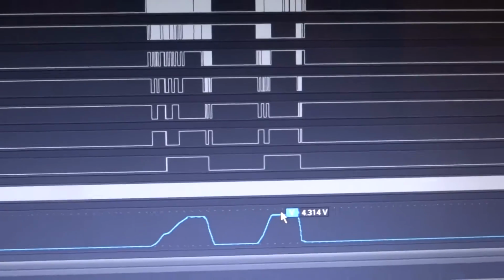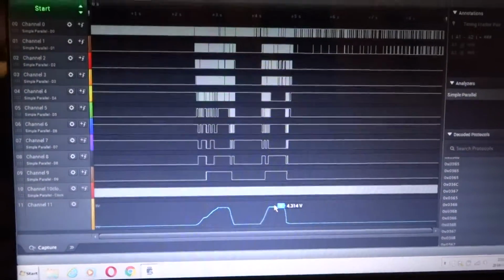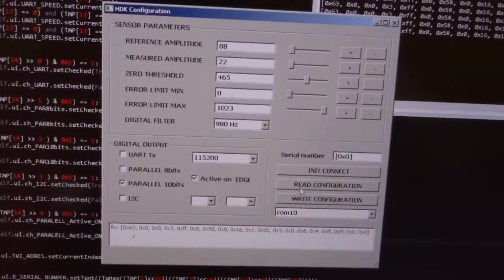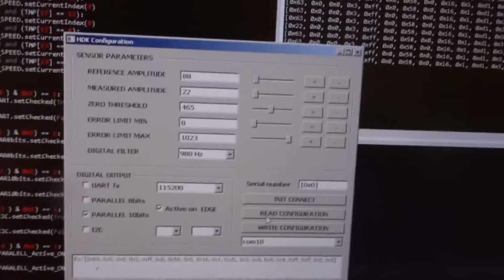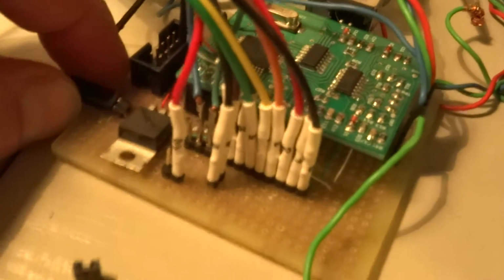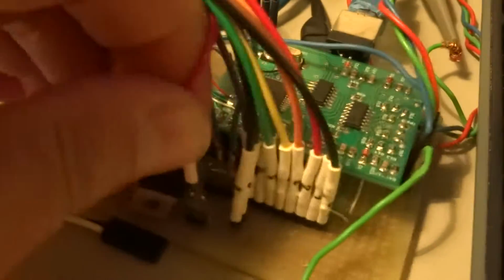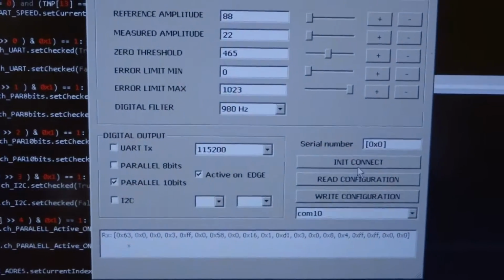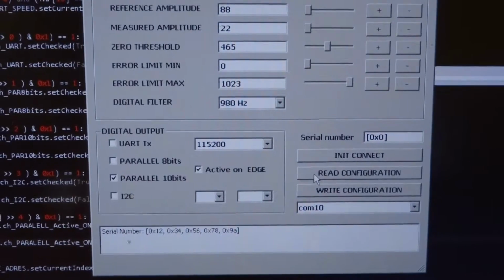Okay, now I show how the 8-bit parallel port works. The 8-bit parallel port is downsampled. Some people can use only 8 bits in their processor, so this mode is also allowed. And again, we disconnect the supply, we connect the configuration pin of the sensor with ground, we connect the supply, we go back to our application, we start init connection, we read configuration, and